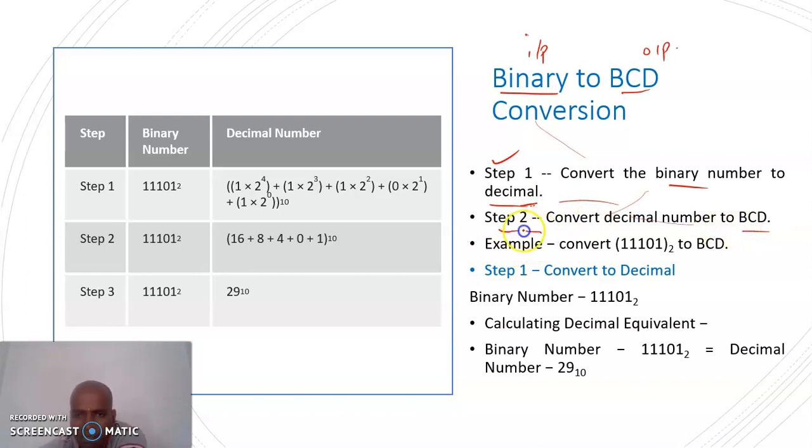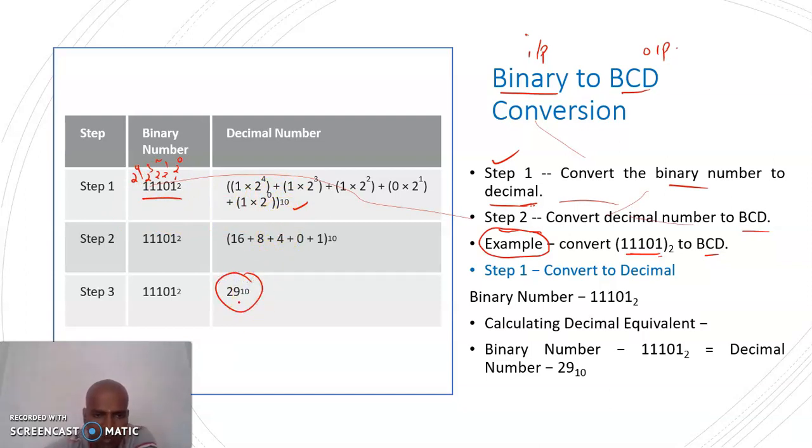Okay, have a look at this example. The example is 11101 to BCD. So 11101 is the binary number. As per the first step, convert this binary number into a decimal number. How to convert binary to decimal? We have already discussed in the first unit, number system conversion. Just multiply by its positional weight. So 11101 has a 2 power 0 place, then 2 power 1, 2 power 2, 2 power 3 and 2 power 4. Let's multiply and add them together. We are getting the number 29.